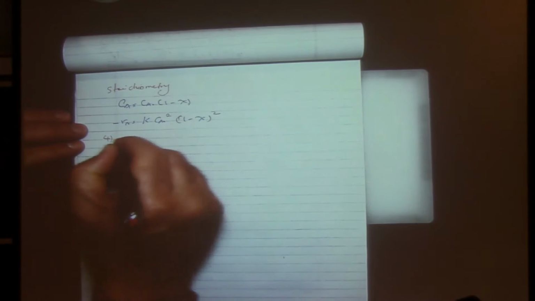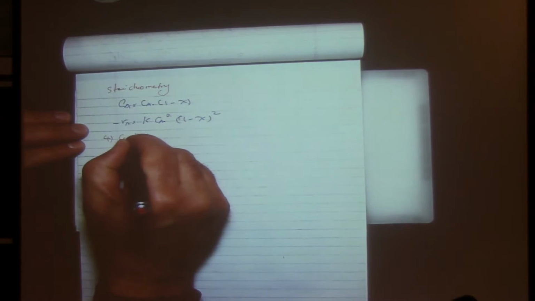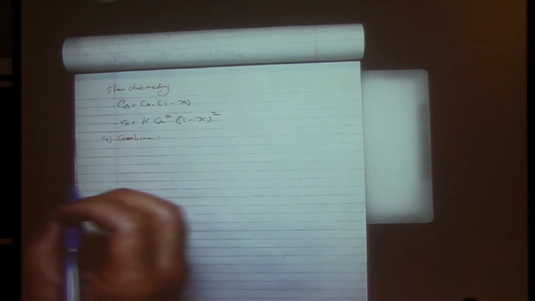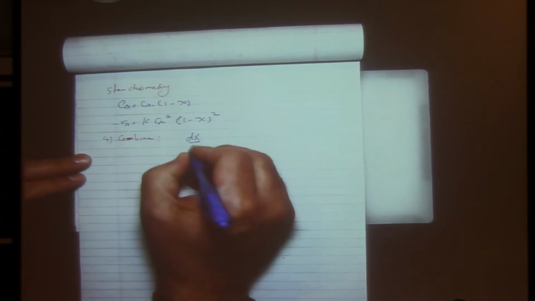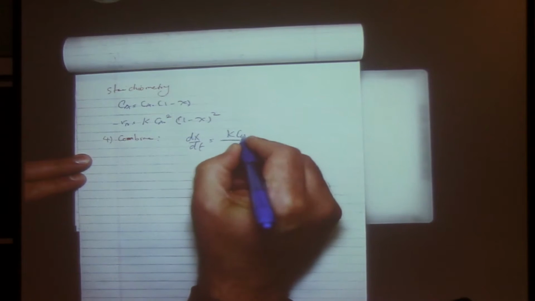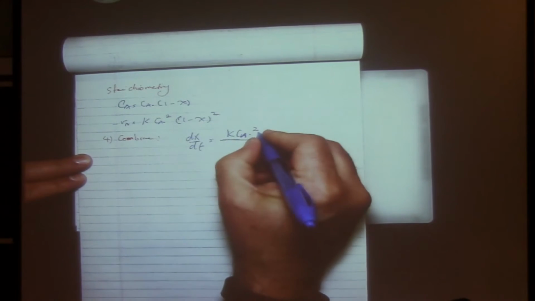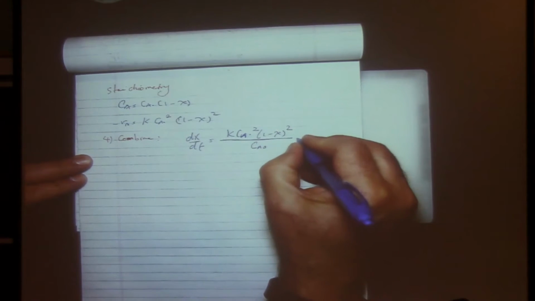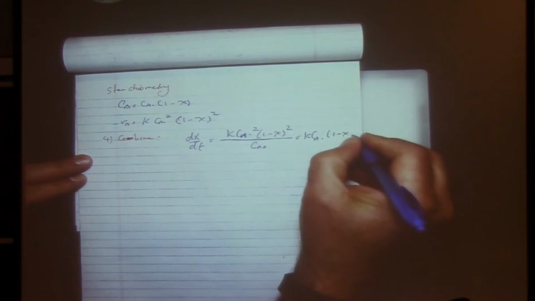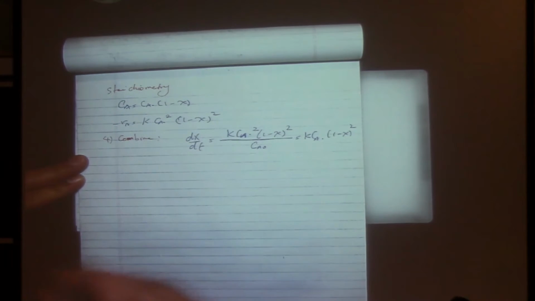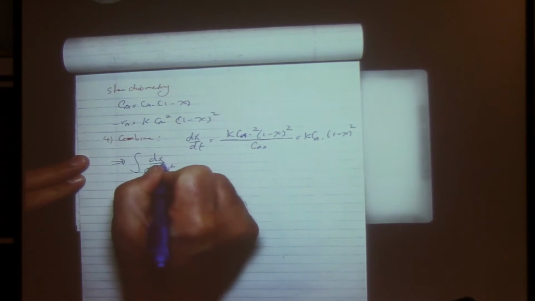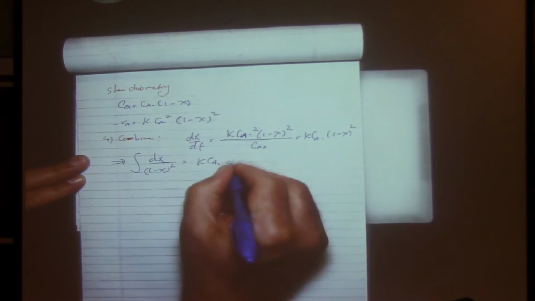And then you combine those. The fourth step was to combine the stoichiometry, the rate law, and the design equation. So if you do so, you're going to get dX/dt equal to k CA0 squared (1 minus X) squared over CA0, and that would be k CA0 (1 minus X) squared. If you go through the integration, dX over (1 minus X) squared would be equal to k CA0 dt, and